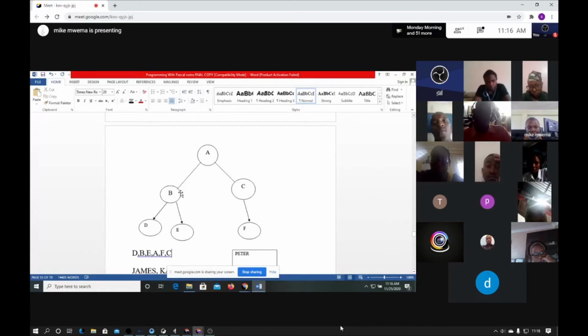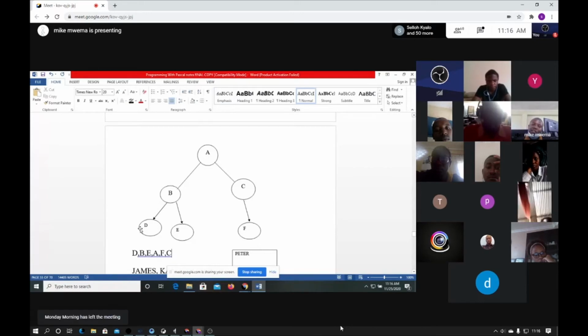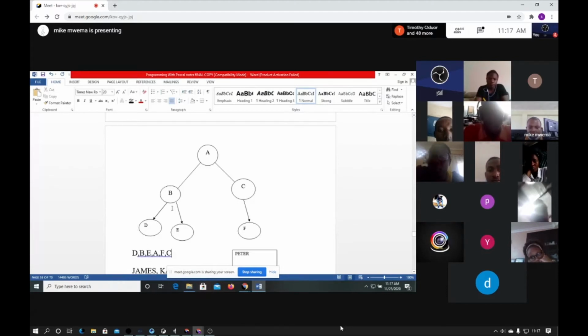So I've said for pre-order, you start with the leftmost side, the leftmost subtree of the tree. So subtree ni easy, the tree that belongs to the bigger tree as a subtree. So you start with the leftmost subtree. That's why nikaanza na D, because it's the leftmost subtree. So my subtree is B, D, E. So that's why I started with the D, this node. I moved to the root, then I moved to the right side node, which is E. So with these three, nimemalizana na this